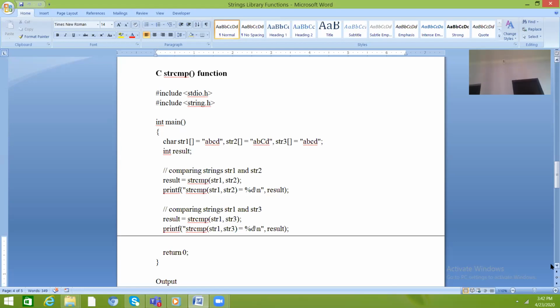One variable I have taken is of int type. Comparing str1 and str2 without using any loop, result is equal to strcmp str1 comma str2, and then print that result. Then compare str1 and str3; the result will be stored in the result variable, and we show the value of result.